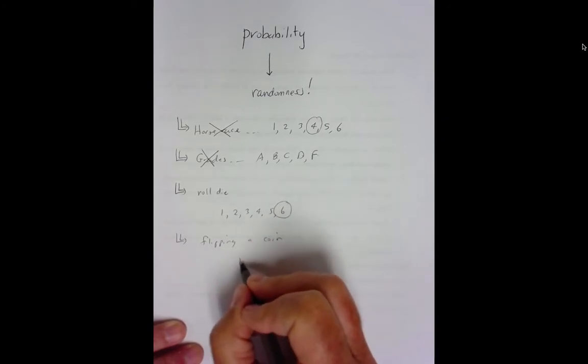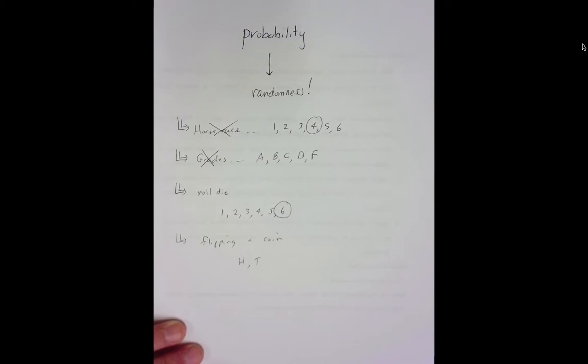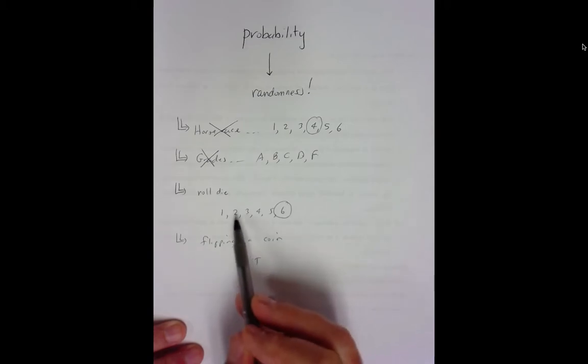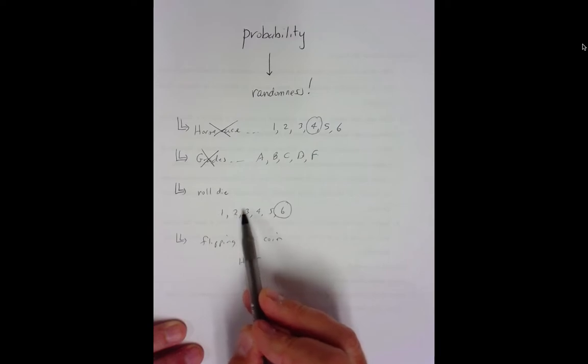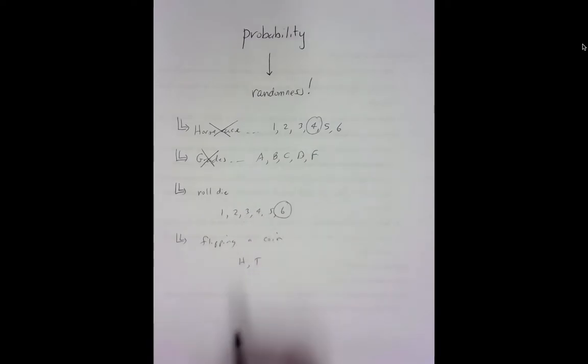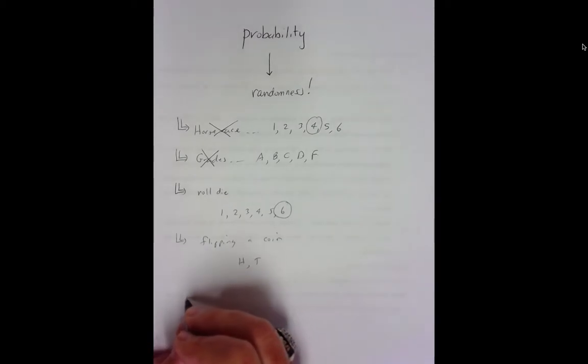Flip a coin, what are we going to get? Well, we're going to get either a head or a tail. So we have a 0.5 probability of getting a head, a 0.5 probability of getting a tail. We have a 1/6 probability of getting a 1, a 1/6 probability of getting a 2, 1/6 probability, and so on and so forth. Guys, at the end of the day, you can typically